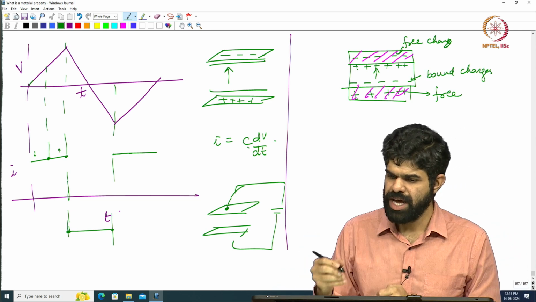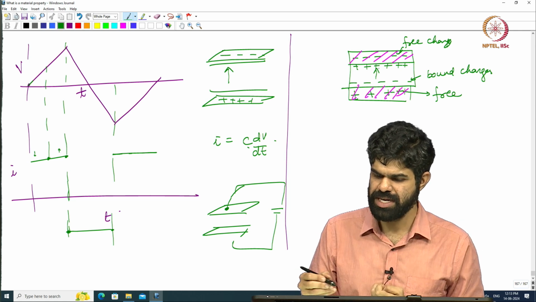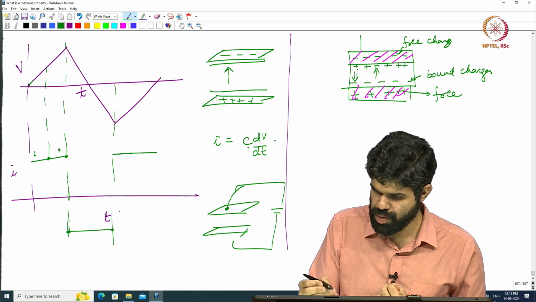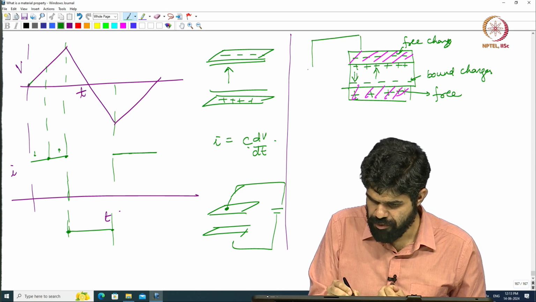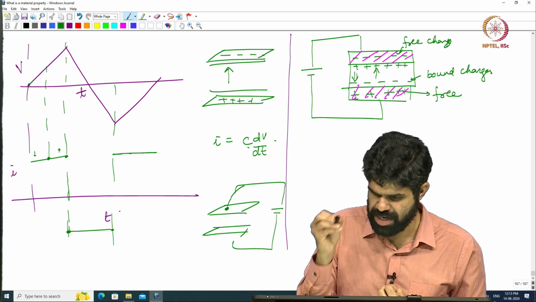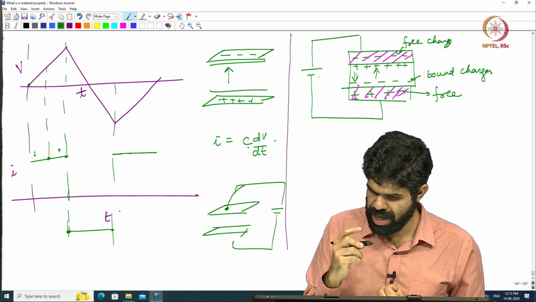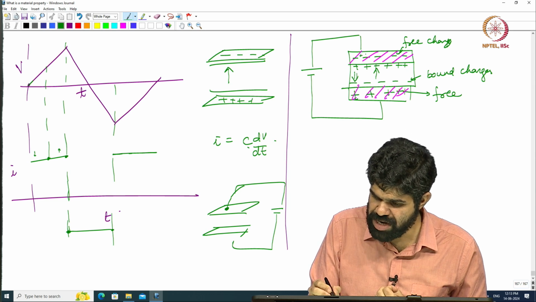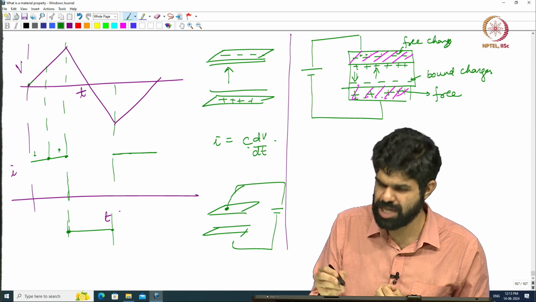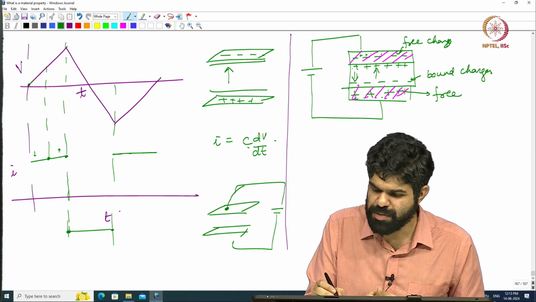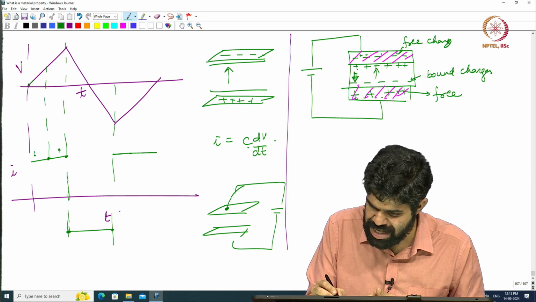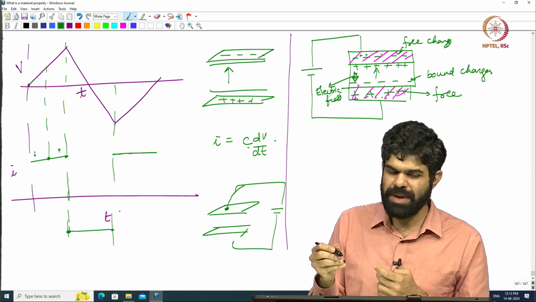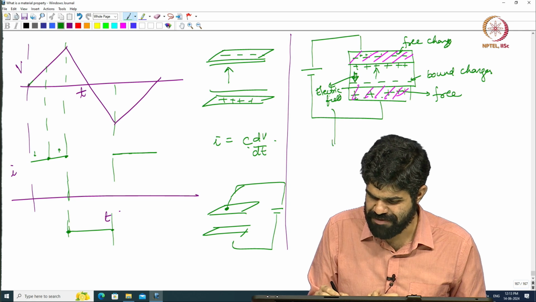Then I need to apply an electric field in the opposite direction, right. So, for me to switch the polarization, I have to apply a voltage in this fashion, right. So, the electric field goes from positive to negative. I am actually putting positive charges on this plate and negative charges on this plate because of application of voltage, which means the electric field is in this direction. This is the direction of the electric field, right. So, when I apply an electric field in that direction at a critical electric field,